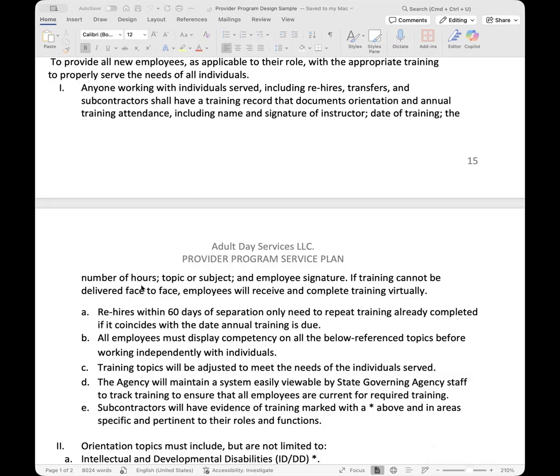and the number of hours. Just to elaborate more on the number of hours, each state requires a certain amount of hours for each training. So when you're looking through your standards, it's going to outline that for abuse and neglect, it must be at least 3 hours covered for that training. For HIPAA, a 1 hour training. So make sure you have this documented somewhere: what are the required state standard hours for each training?